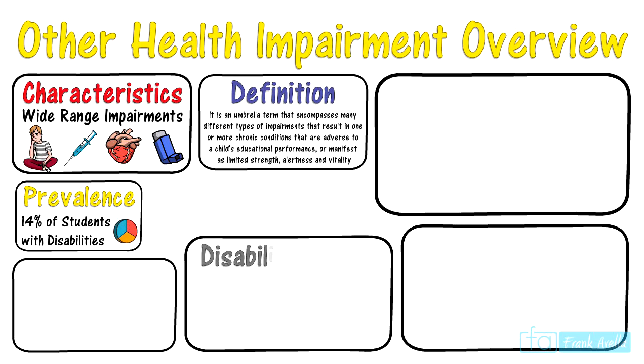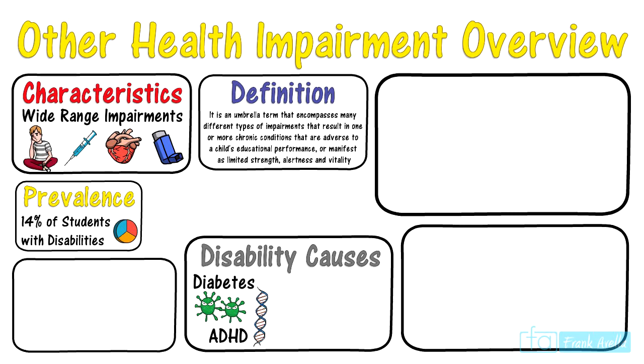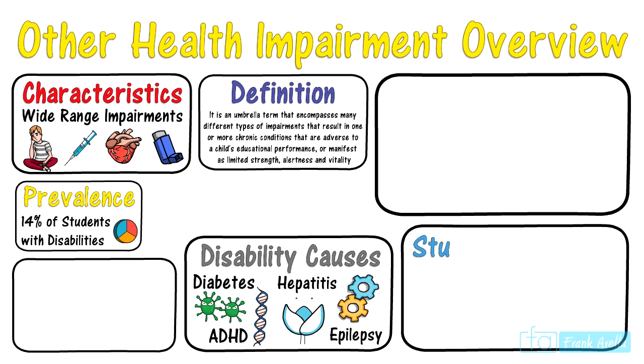The next topic in the presentation covers some of the causes of the disability. OHI students may have diabetes, and that is caused by an immune system malfunction. ADHD may be caused by genetics, amongst other factors. Remember, OHI covers many different health problems such as hepatitis and even debilitating asthma that may be caused by pollen. Epilepsy can cause students to be classified also. Just know that there are a number of different factors that can cause this disability.